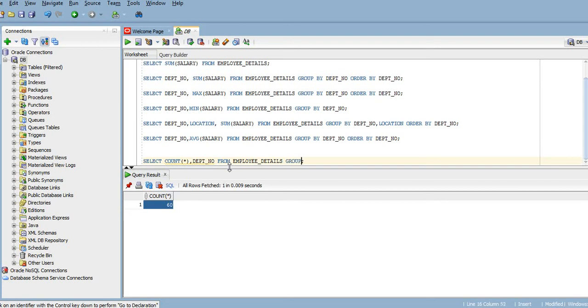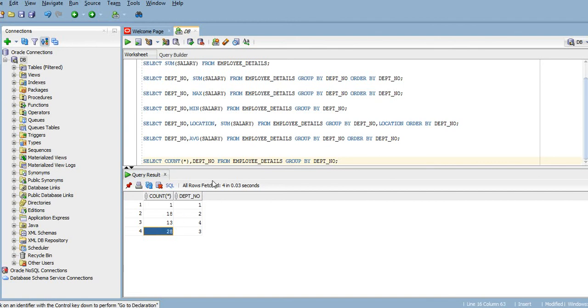Group by dept number. So let me run the query once again. Yeah. So what is given? For department 1 the count is 18. For department 2 total count is 18. For department 4 it is 13. For department 2 it is 28. So this is the way we can retrieve the data based on department number, or we can group up the data based on department number.